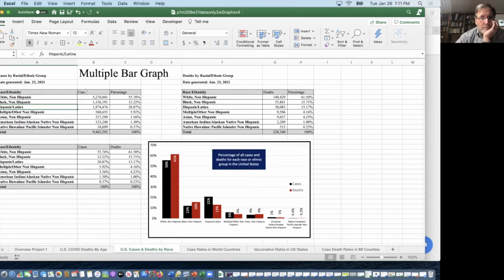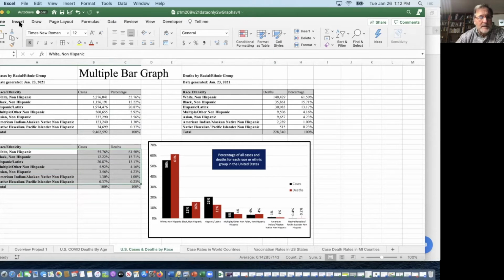All right, now, this table over here is about the number of cases. And these are just the people that are infected. Now over here, we have the number of deaths, also by race. And we're going to put these in one graph, and we're going to use the percentages. So you can see that I have cases here with all the corresponding percentages for the cases. And then I have the deaths, not the actual numbers, but the percentages over here. So if I just highlight the race and ethnicity categories here, along with the two percentages that I want to plot,